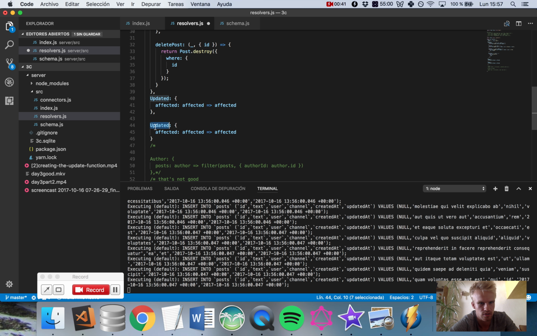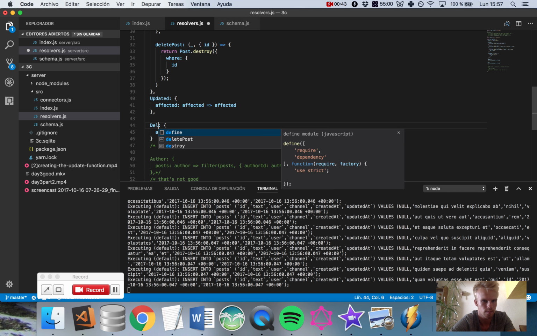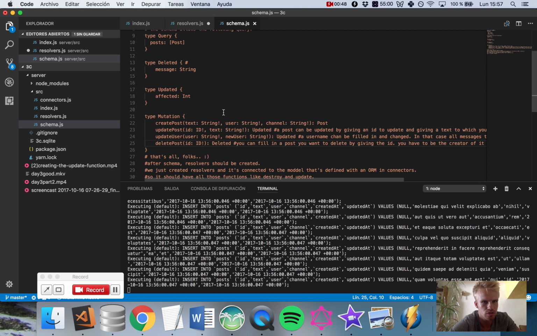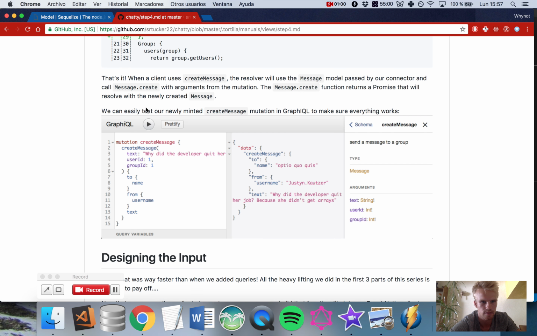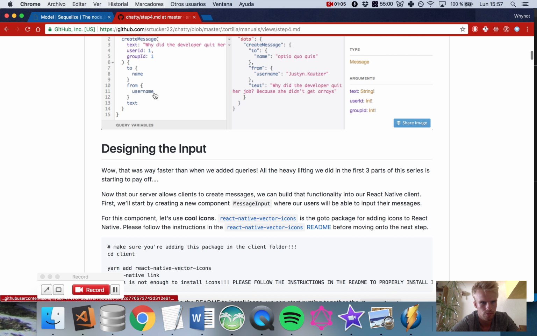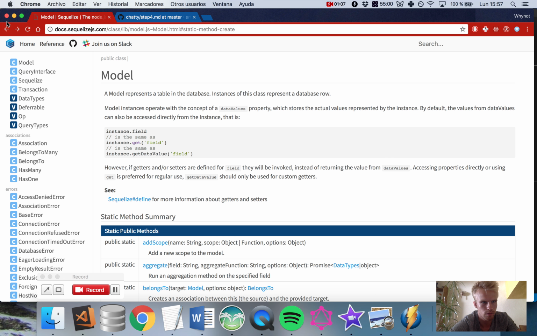insert the deleted type. And is the updated also in the sketch? Yeah. Okay, so the deleted type, I want to return a message because I want to know, is it deleted correctly? Because if I look at destroy, if I look at destroy here,